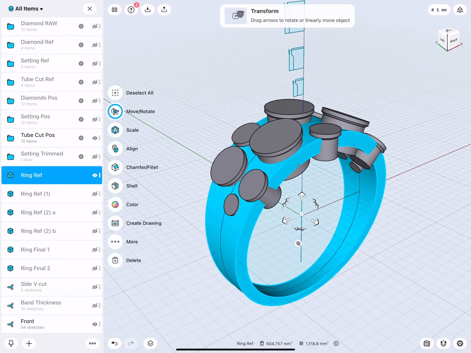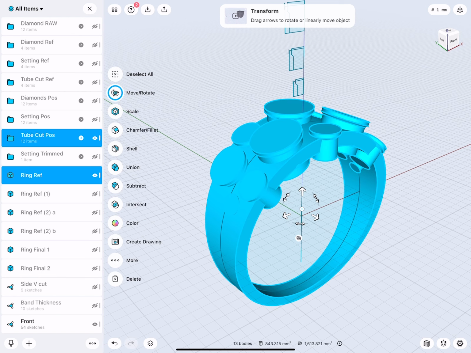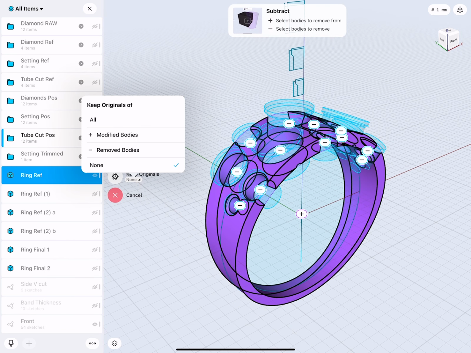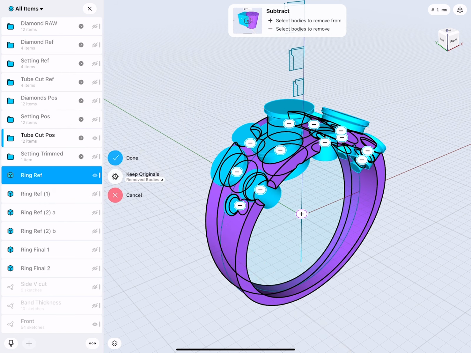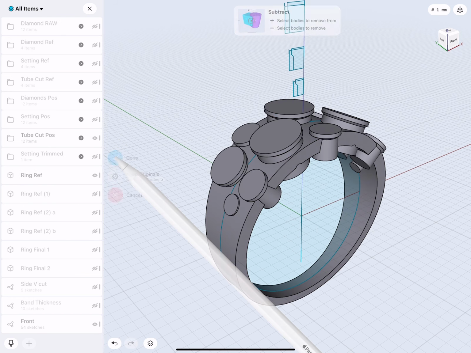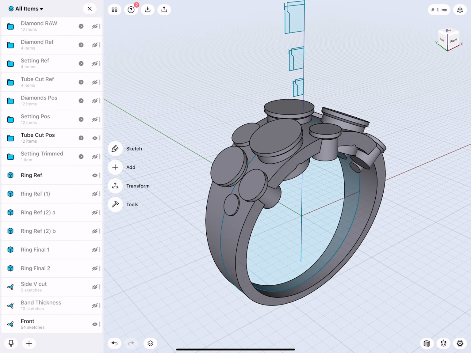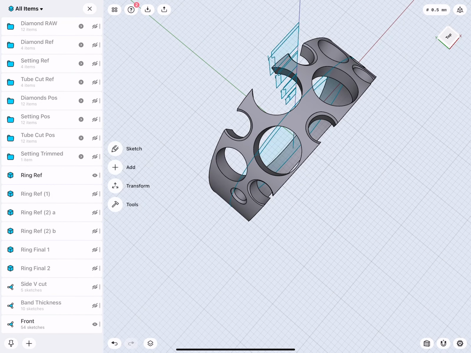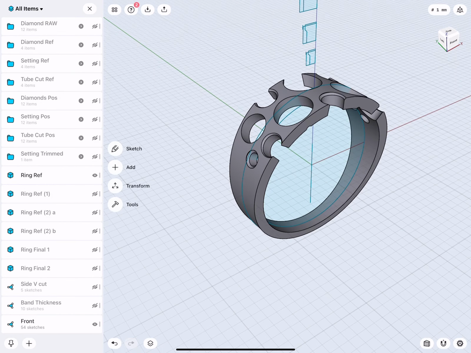We select the ring, then we select the folder with all the cut elements, subtract, and you want to keep the remove body turned on, and then we click done. So that keeps a copy of those. Only here, now there you can see, we have all these elements cut out.